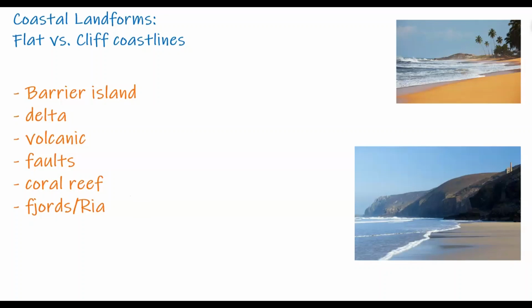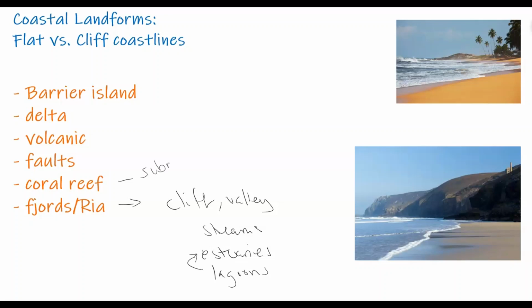So we can link this to cliffs mostly, because you've got submerged valleys and streams creating estuaries and lagoons. An estuary is kind of a lagoon with more vegetation, and a lagoon is an area of water that's cut off from the ocean by either a spit or a certain bay. And you've got the coral reef, again, mostly submerged. It can also be flat